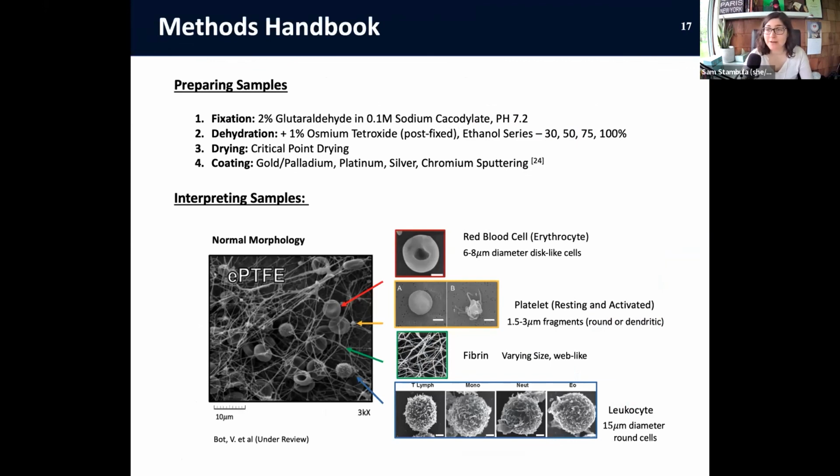So there are a couple of questions, and if anyone else has any questions, please place them in the Q&A, or if you're having trouble finding the Q&A, you can put them in the chat as well. Catherine Granfield has asked, great talk. Would it be of interest to view your clots in a more active hydrated state in the SEM? And have you considered options for this, such as cryo SEM or ionic liquid coatings?